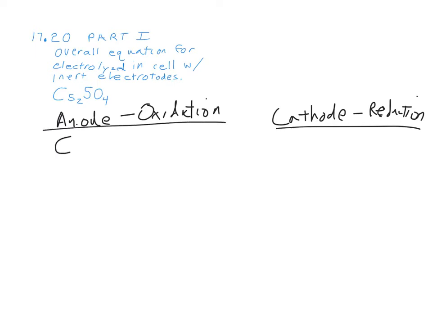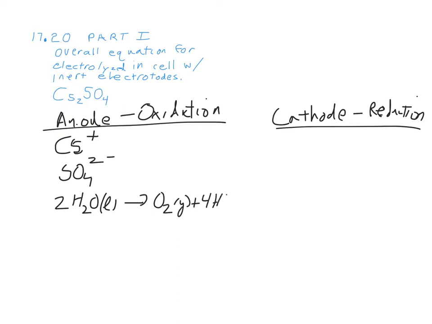If we look, we're not going to find an oxidation reaction for cesium, and we're not going to find an oxidation reaction for sulfate. So that means our only oxidation reaction that we can possibly have here is going to be that of water. And that, of course, has a voltage of